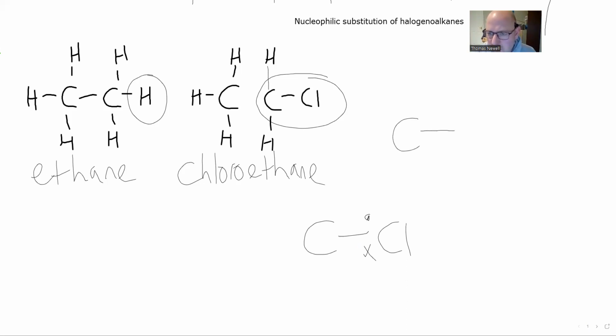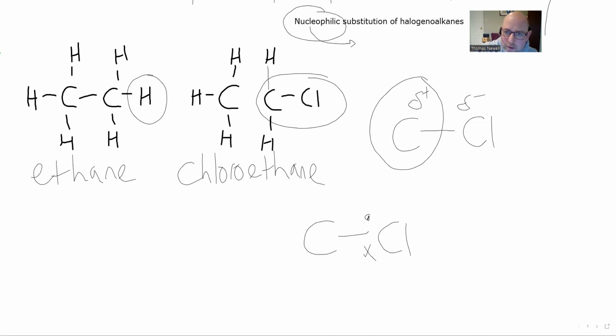What does this do? Well, this makes the chlorine delta negative, which is slightly more negative than normal. The electrons at any one time in that bond are closer to the chlorine. So it hasn't actually got a full negative charge, but it's slightly more negative than normal. And the carbon becomes delta positive, slightly more positive than normal. And this opens up this carbon atom to nucleophilic attack, because the word nucleophile, nucleo